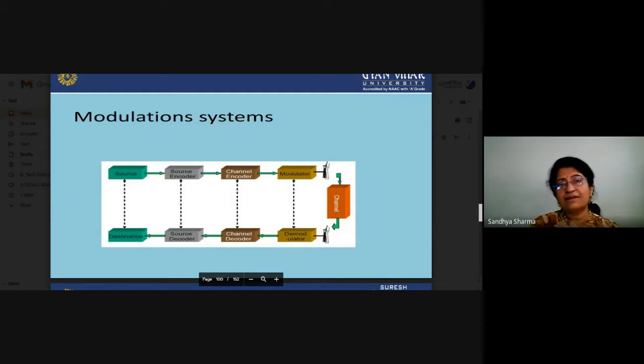Again, we will revise which type of carrier signals we are using for digital modulation techniques. First of all, our message signals will be in digital form, and our carrier signals will be in analog form. The main thing to remember here is that our carrier signals will be high frequency analog signals, not digital signals. So we superimpose our digital signal onto the analog high frequency carrier signals for performing our digital modulation technique. There is again a channel, and this block diagram we have also seen in our previous lecture.